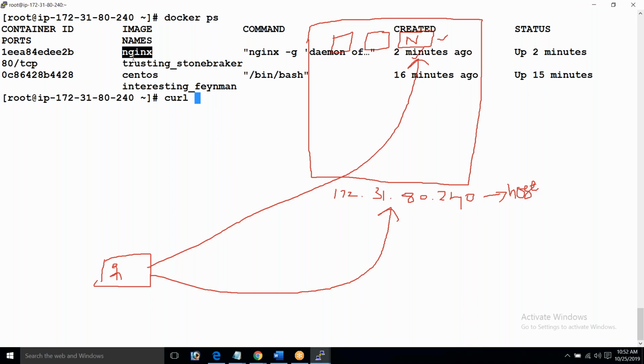Every container will have one, because I'm telling you, a container is nothing but a VM, right? It's just like a VM, a simulation of a VM. Imagine it's a VM only. But how do you contact a VM? It should have an IP address, right? But what is the IP address of my container? Container ID is not the IP address. Private IP, what?